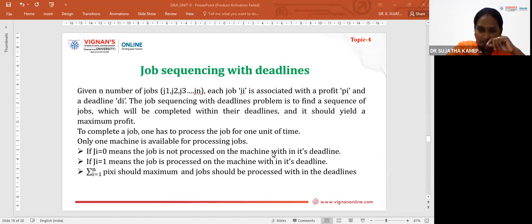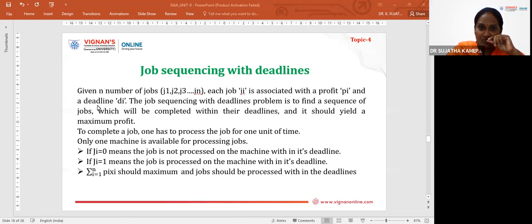In this session, we are going to discuss another application of the greedy method, which is nothing but job sequencing with deadlines. We are discussing what the problem statement for job sequencing with deadlines is, how this problem can be solved in a brute force approach, and how it can be solved using the greedy method. And we are going to see an instance solving procedure using the greedy method. Coming to the problem statement,